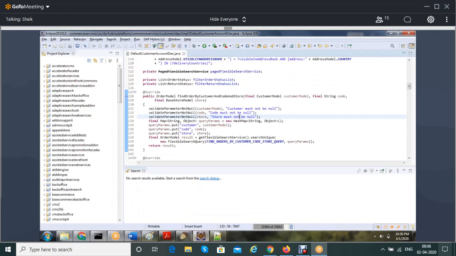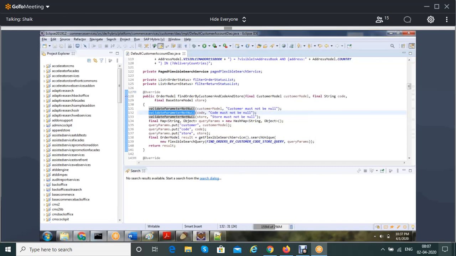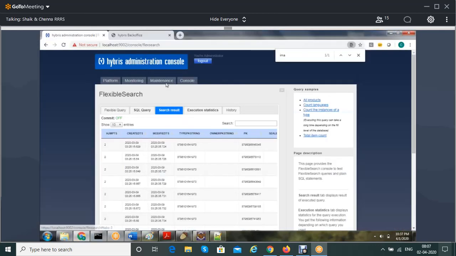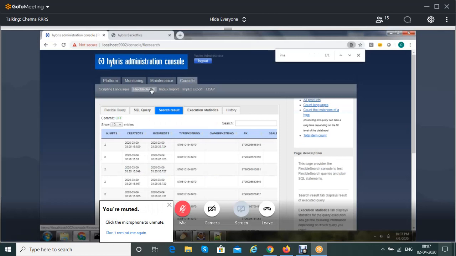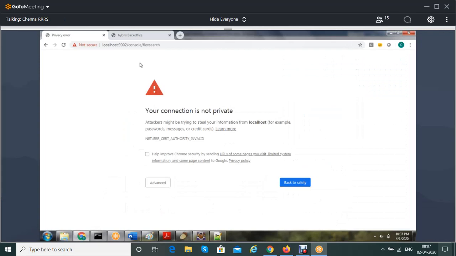And Chana, why are you writing the query in the Java, like the product Java model? Earlier you showed database queries, right? Like select, you wrote directly. That is the HAC tool. If you write it in the HAC, you need to do it manually, right? Why do you want to do it manually? You need to write it programmatically, right? So can we use the same query in the Java code? This is just to verify.